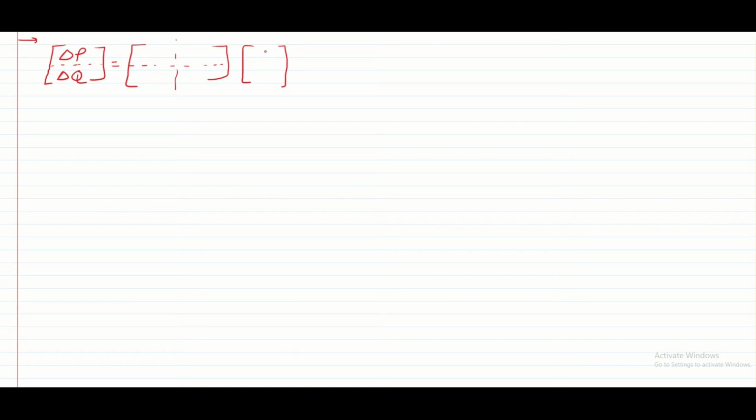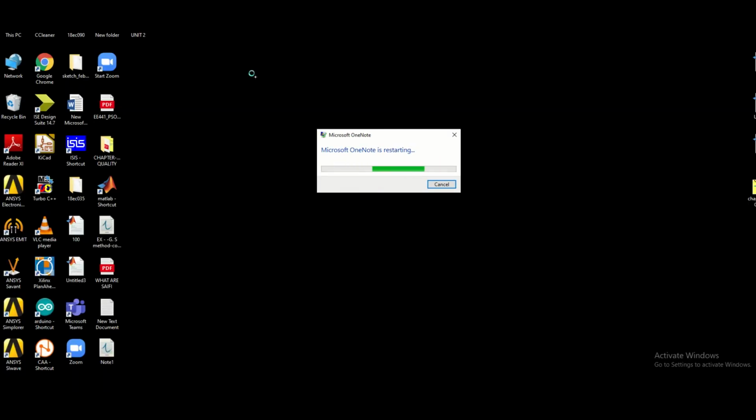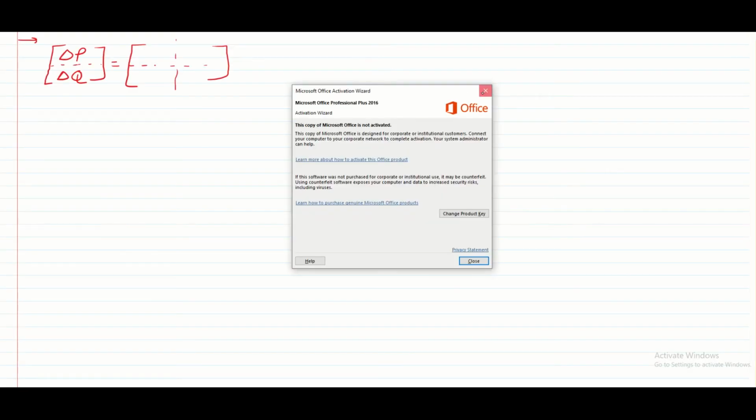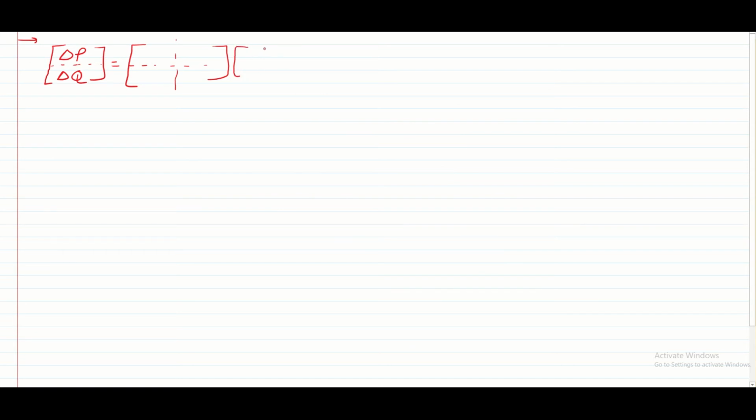And the second matrix, on the right side, is delta delta and delta V. Okay, so here in the first quadrant we will get del P by del delta, or we can say J1, and here it is del P by del V. Here in the third quadrant we will get del Q by del delta and del Q by del V. Okay, so we have to formulate the matrix like our generalized equation.